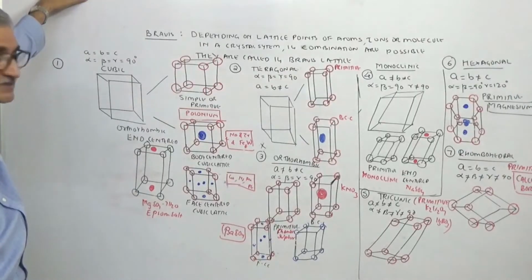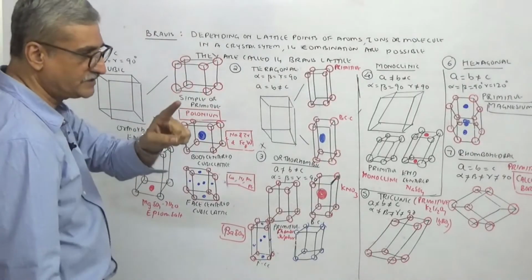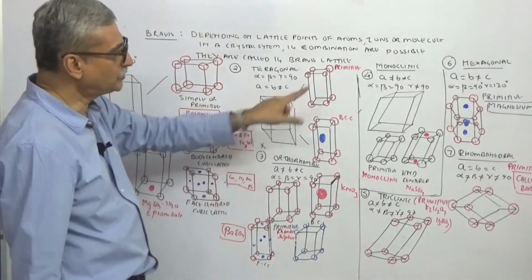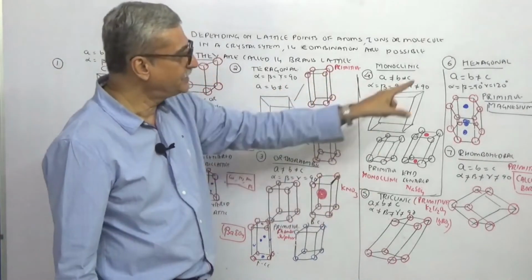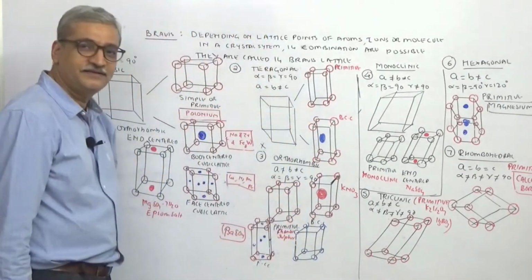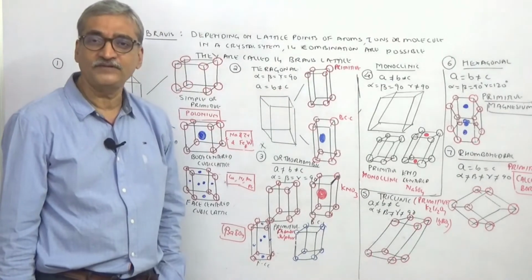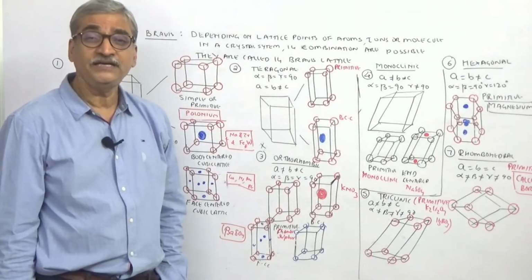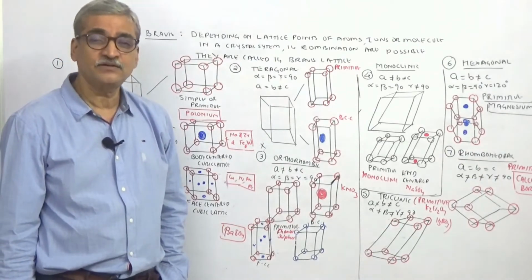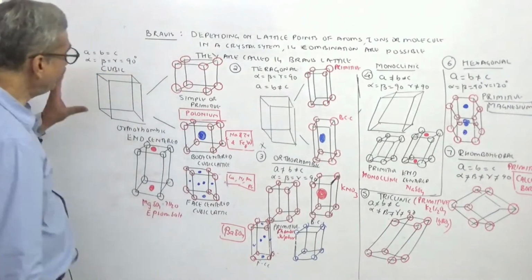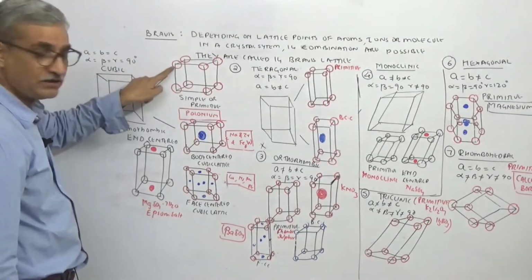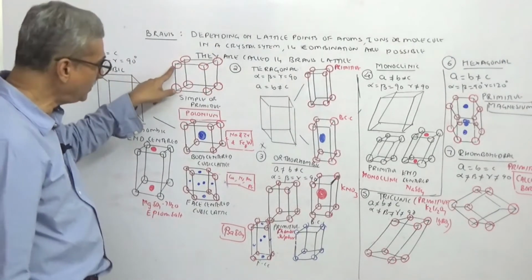We have 7 crystal systems. Which are the 7 crystal systems? Revision again. Cubic, tetragonal, orthorhombic, 4th was monoclinic, 5th was triclinic, 6th was hexagonal, and then rhombohedral. Then we came to the point what? Depending on the position of the atoms, ions or molecules, 14 possible lattices were there. This was then called the Bravais lattice. So how did the 14 Bravais lattices come? Cubic had 3. Which? Simple or primitive, where the atoms were only present in the corner.